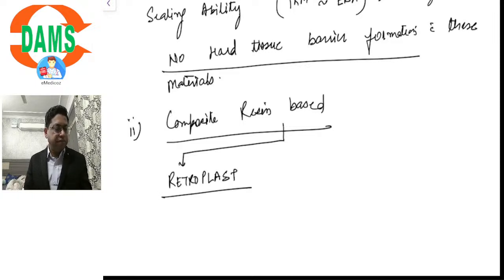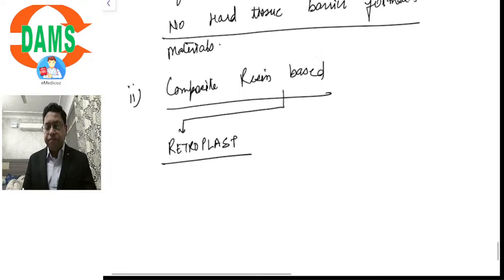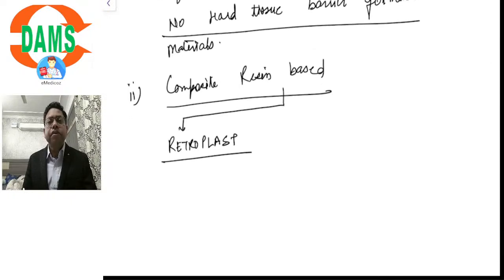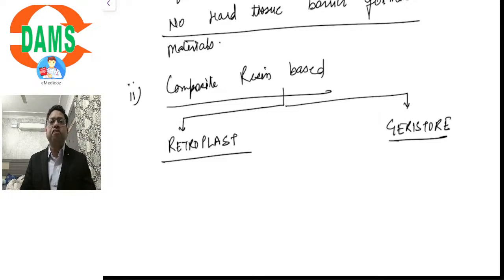Retroplast. It is called Retroplast. And another material that is a combination of glass ionomer and resin is Geristore. Two examples of resin based materials used specifically for root end filling. Both show